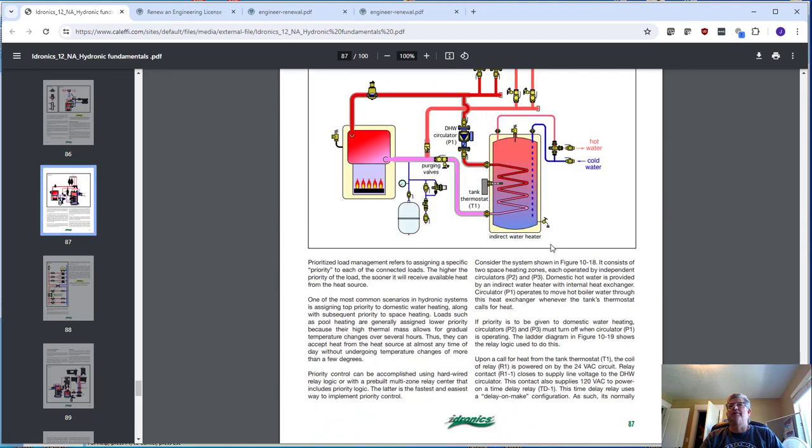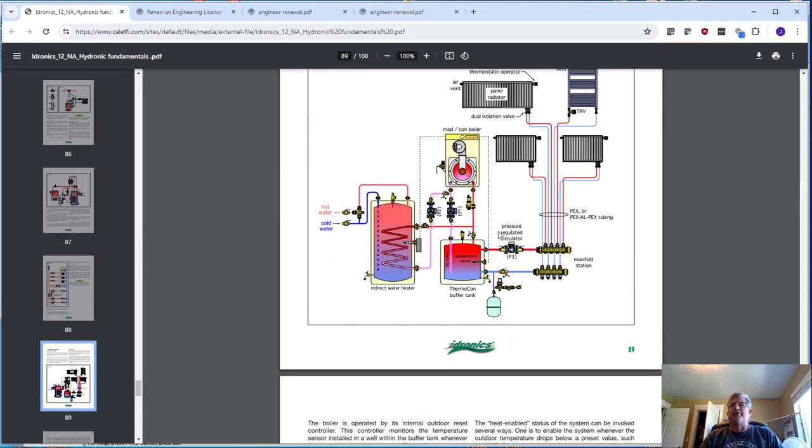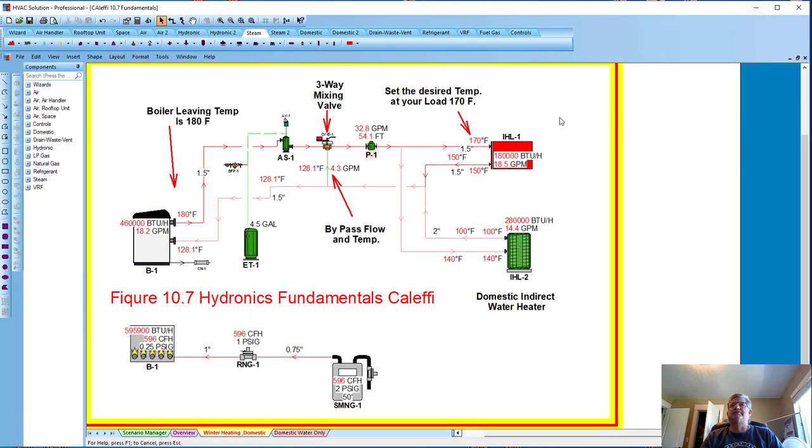And if I scroll down here, you'll see lots of nice, pretty pictures. The thing about these is they're not intelligent, they're not smart. It's not sizing piping or equipment or valves or pumps. And that's the beauty of HVAC Solution. We can take and look at their pictures and model them in a dynamic way with intelligent pieces and parts,